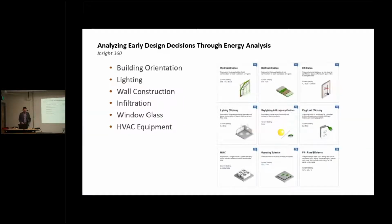We used what's called Insight 360. It's an Autodesk tool. There's a plugin for Revit if you're interested in trying it out yourself. You basically take the geometry that's being generated within Revit, and you can immediately send it out to their clouds. It runs about 300 parametric simulations, which I'll actually show you a little demo of,